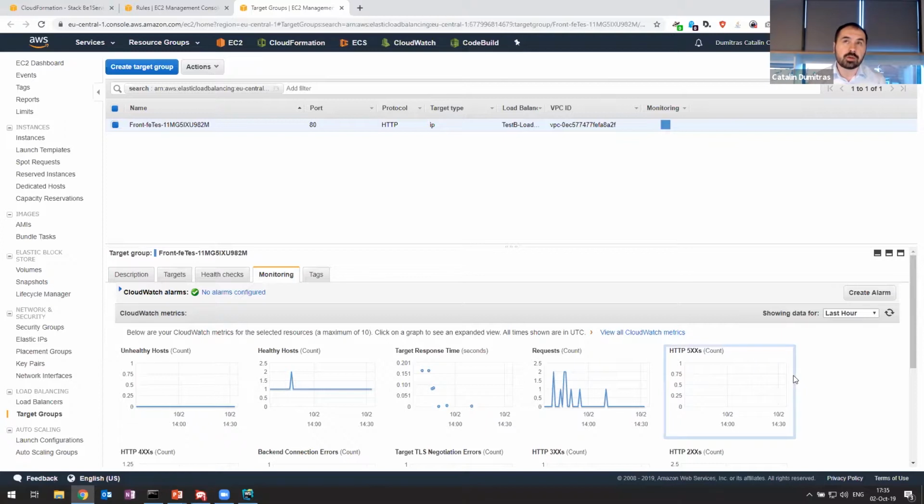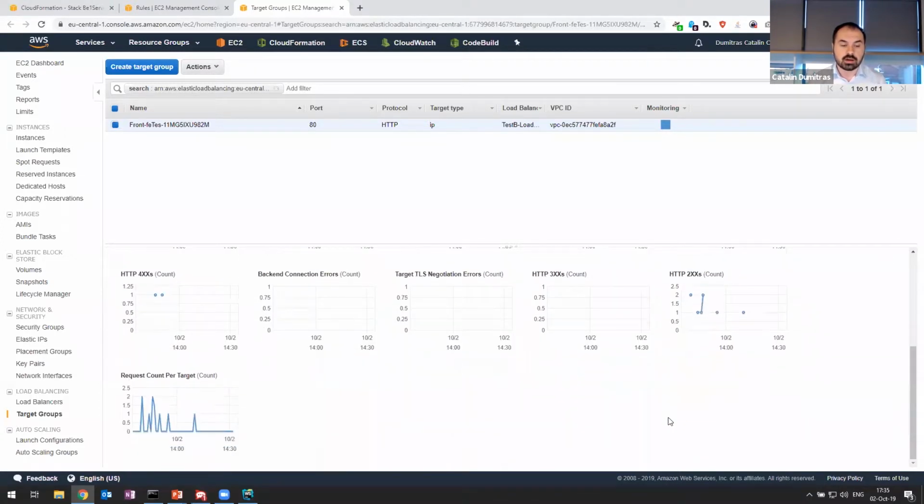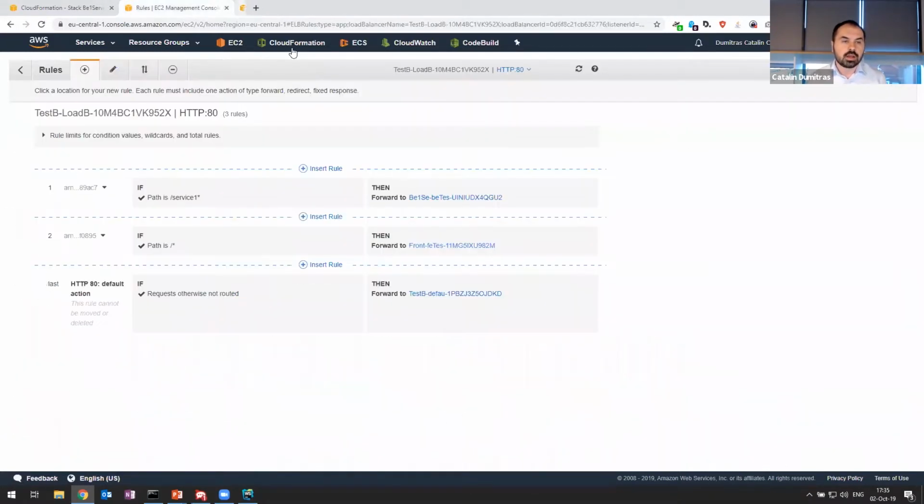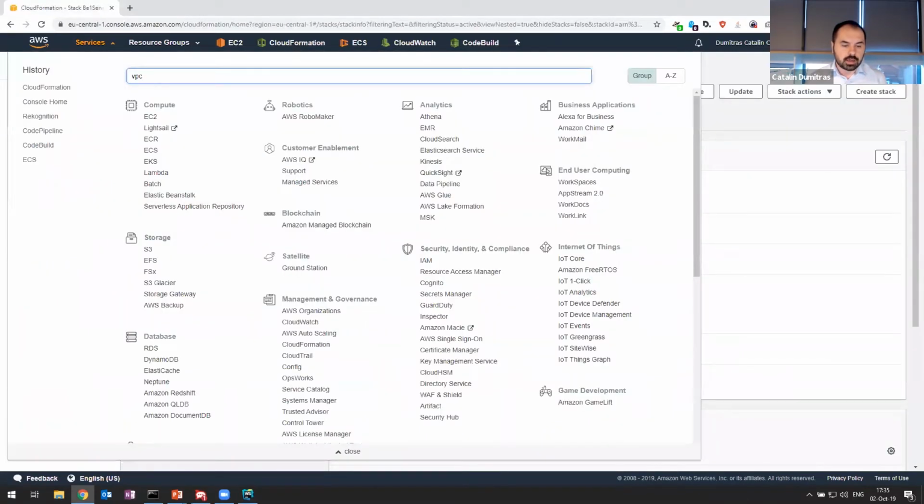I hope I'm not confusing this with API Gateway, but there are a lot of metrics available for you to figure out what's going on in your application. Okay, so that's what a target group is, and that's why we use load balancers of the application type and not the classic type. Okay, let me go back to